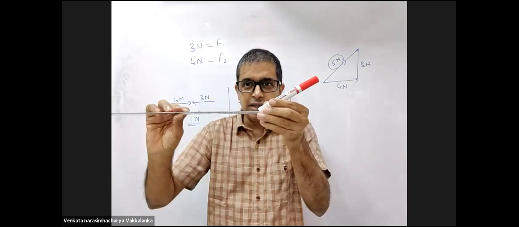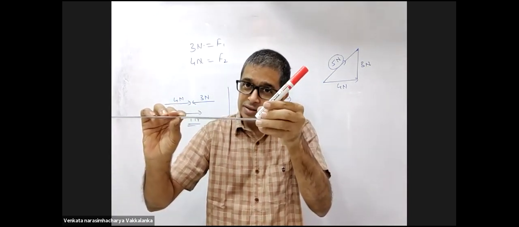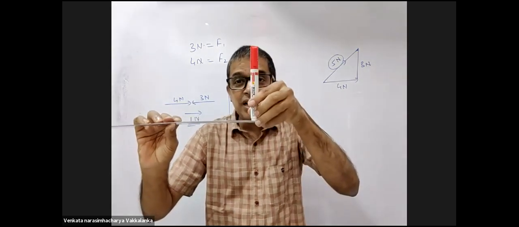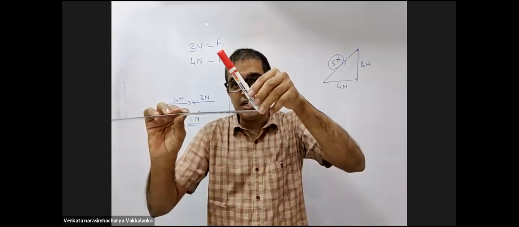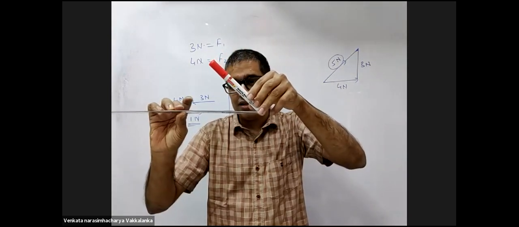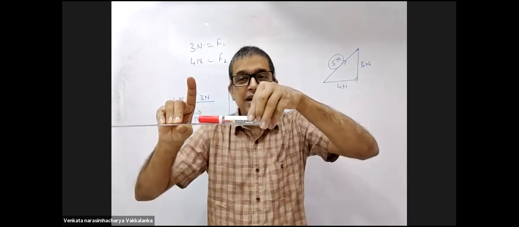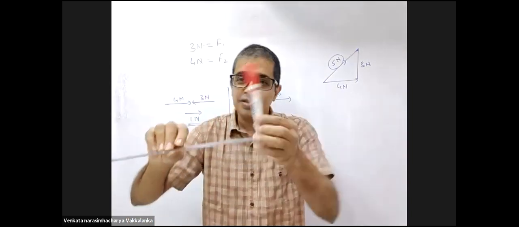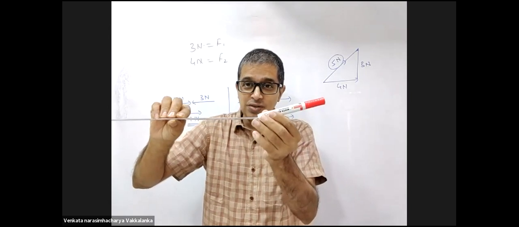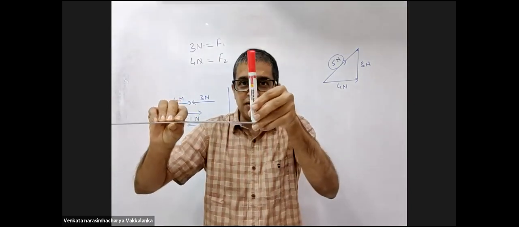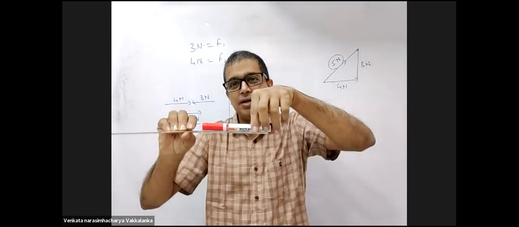Slowly, when I am turning the marker, the resultant is decreasing from 7. Now the resultant is 5 Newton. From 5 it is decreasing: 4, 3, 2, and it reaches 1 Newton. Able to visualize this? As I am turning from 7 Newton, I reach 5 Newton, and decreasing, it reaches 1 Newton.